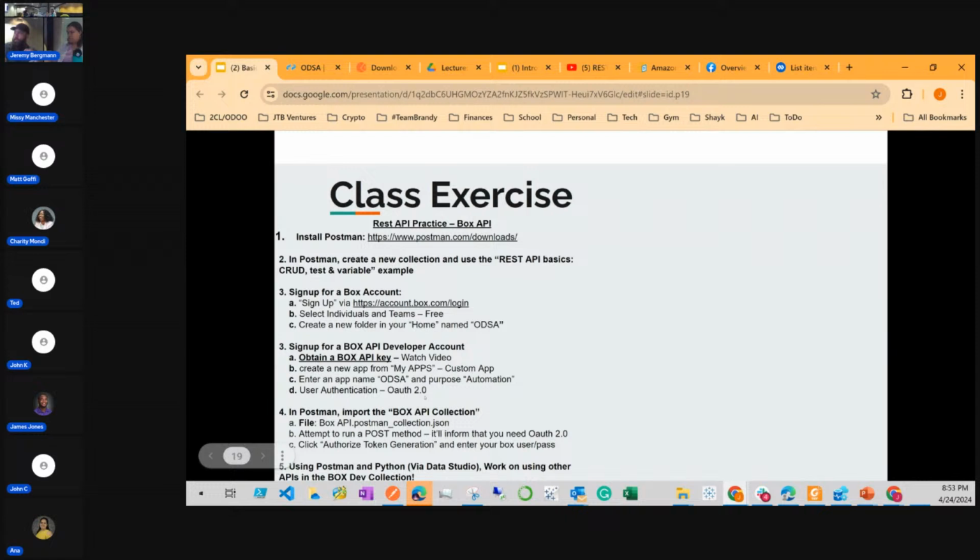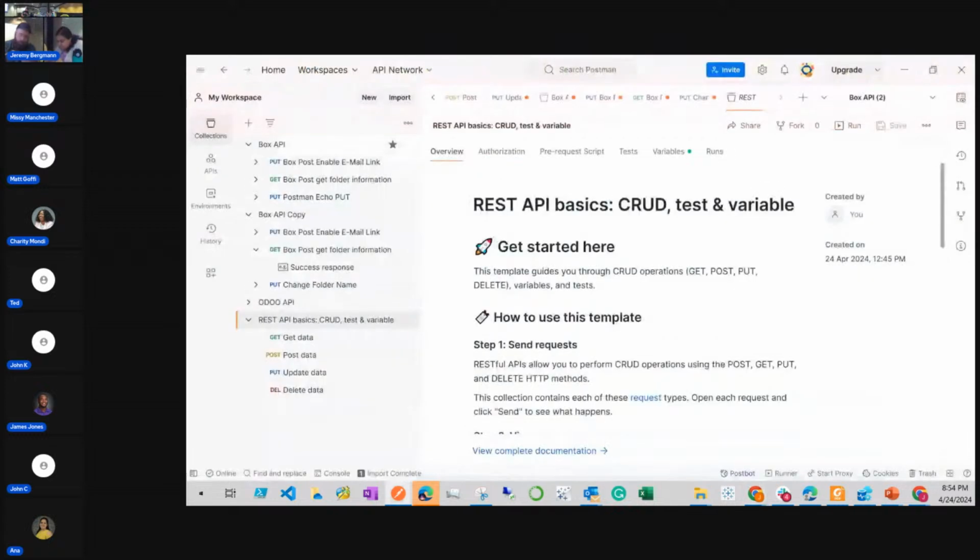Okay, yep, user authentication is OAuth 2. That's usually the standard for security. It's one of the more secure protocols. It is like public-private key, user keys with it. It can be a little bit harder sometimes to configure, but once you get used to it, or you use something like Postman, what's really nifty about the Box API